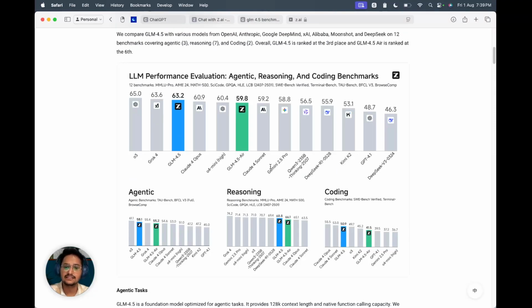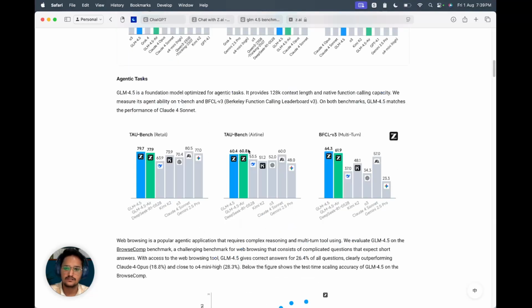So as you can see, it performed better than Claude 4 Sonnet and also Opus. So the Air model, which is the lighter version of GLM, performed better than Claude 4 Sonnet, and 4.5 performed better than 4 Opus. So these are very expensive models. But the GLM model is open source. So this is a great model,